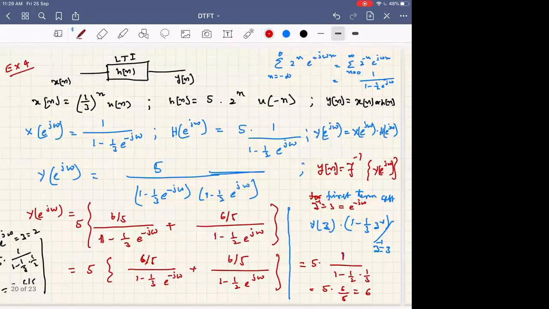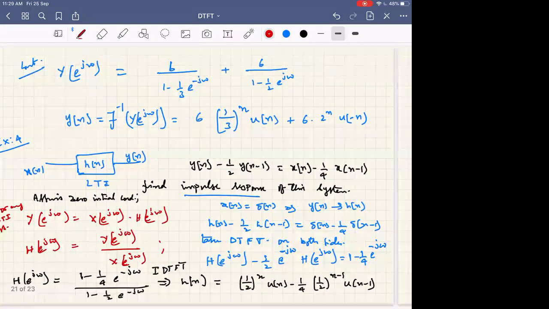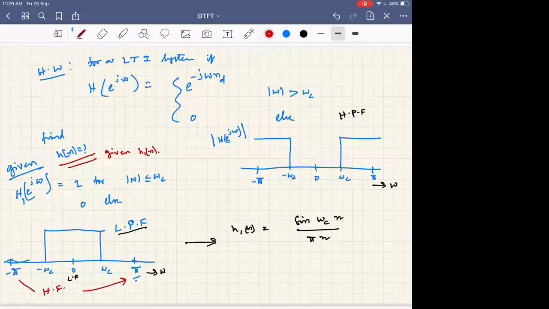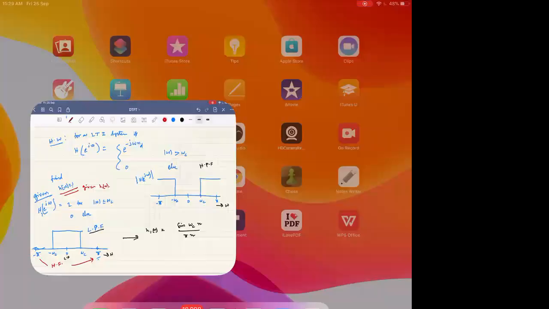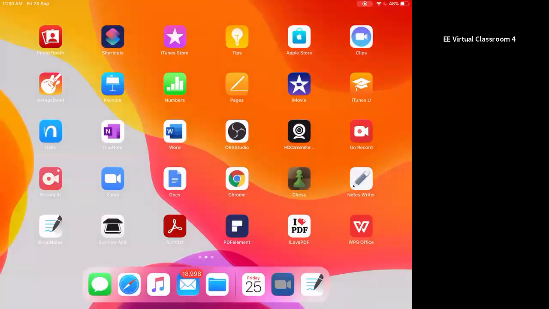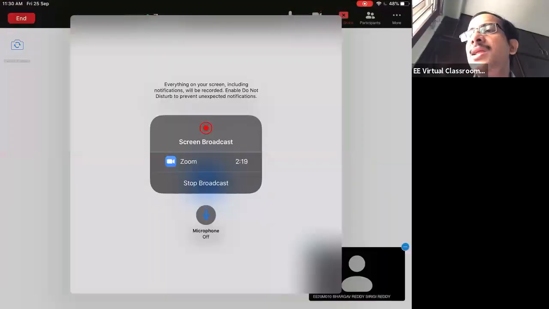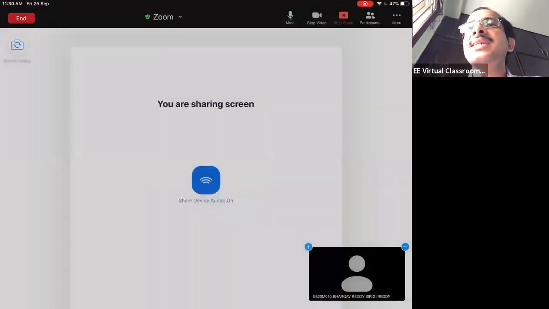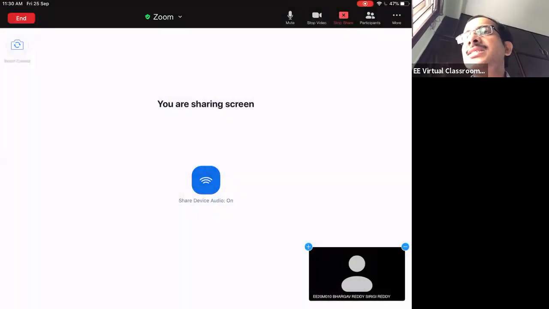Anything else? Especially those who are weak in partial fractions, I suggest that you solve one or two questions. In fact, when you solve the end-of-chapter questions, in the first 20 questions itself you will find a reasonably good number of questions which need partial fractions to be solved, especially in the second chapter.